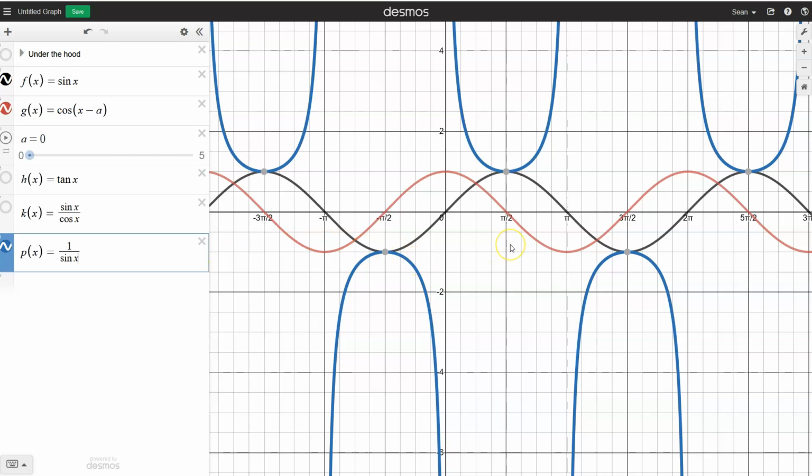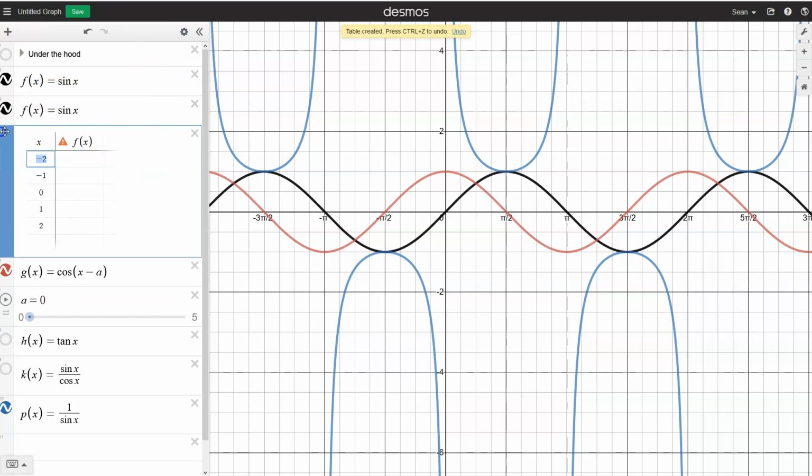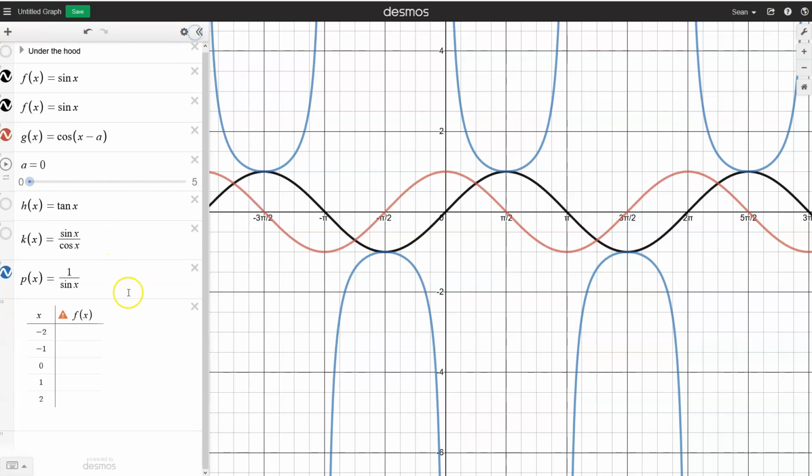This would also emanate some sort of period, but it doesn't look like tangent, right? It does and it doesn't. It definitely has asymptotes. And let's think about this thing's values. So if I take a table of values here, let me copy this and make a table out of it. So for x values like 0, pi over 2,